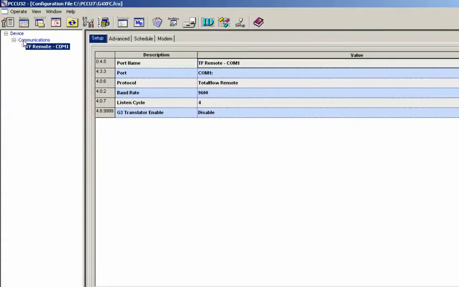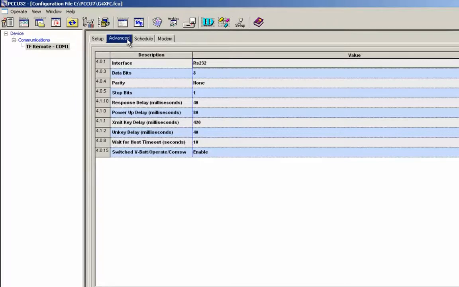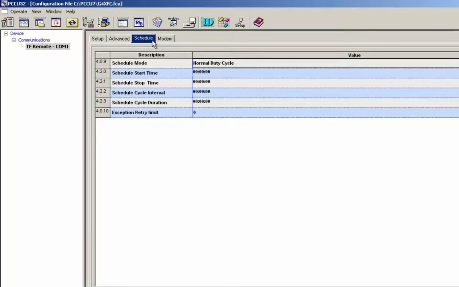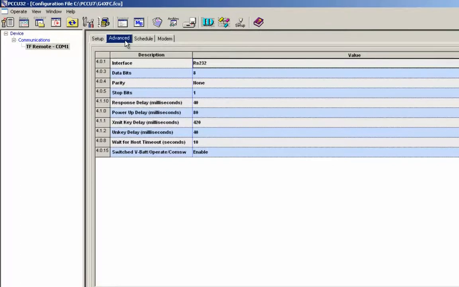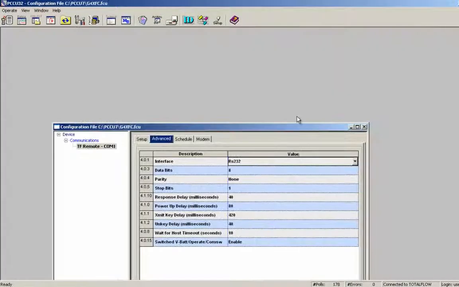It says device communications TF remote COM1, and that's the only part of my configuration that I saved. Now it has the setup tab, and it shows my port name, port, protocol, baud rate, and listen cycles. It also shows the advanced tab, my interface, data bits, parity, stop bits, and all of those things, including how the schedule was set up if I had one, and how the modem was set up if I had one. Now you could take the two screens and put them side by side,